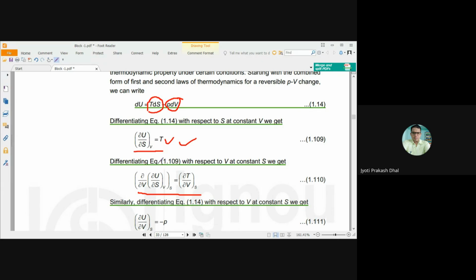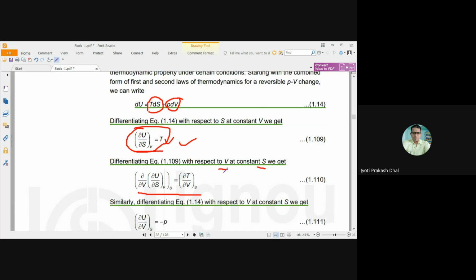And again, differentiating this equation with respect to volume at constant entropy. First we differentiated that equation with respect to entropy at constant volume, and we found this one. After that, we will again differentiate the same equation at constant